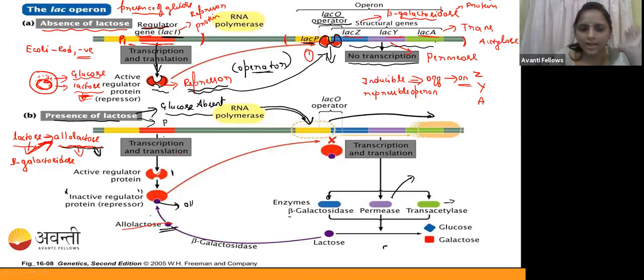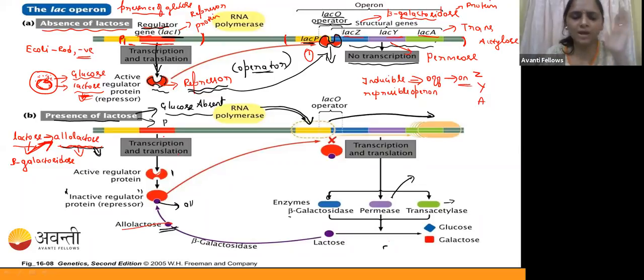When it binds to the repressor, the repressor is going to try to bind to the operator region. But what happens here, guys? The repressor is modified by the binding of the allolactose, right? So now this repressor along with the allolactose tries to bind to the operator region, but it is not possible because it was modified itself. So that's why the operator region is not bound by this repressor with the allolactose.